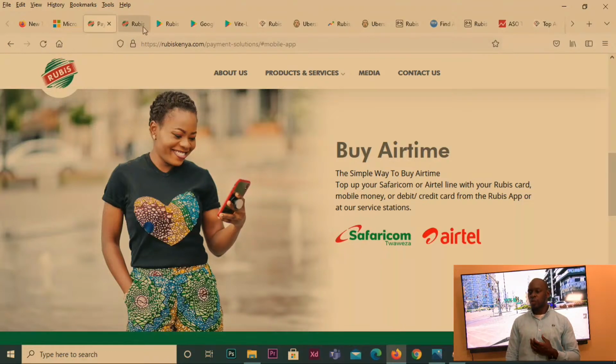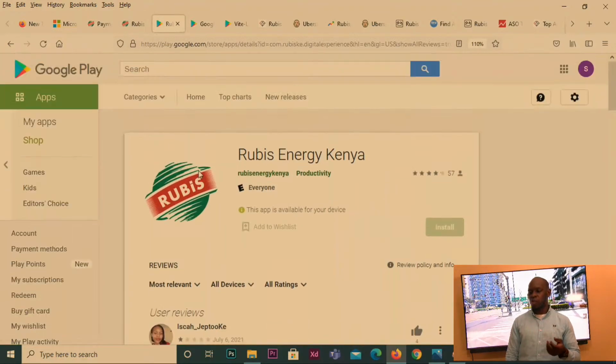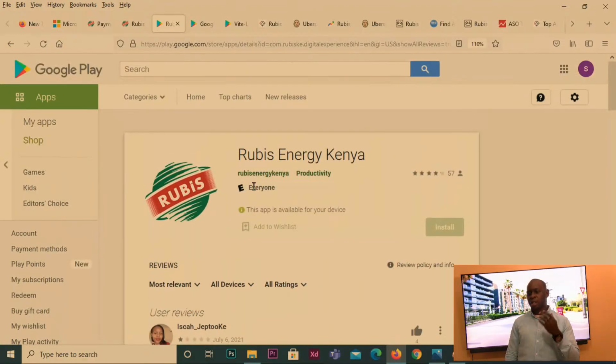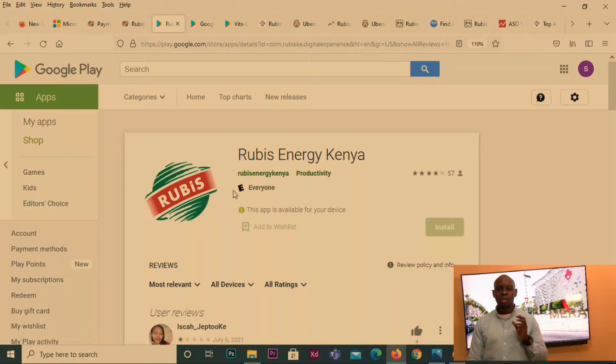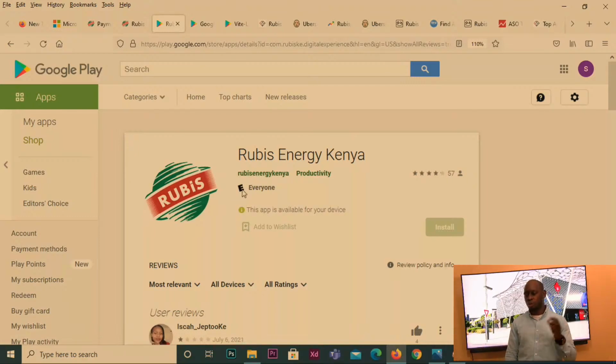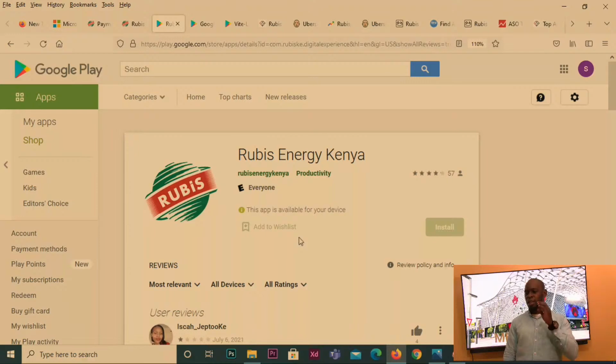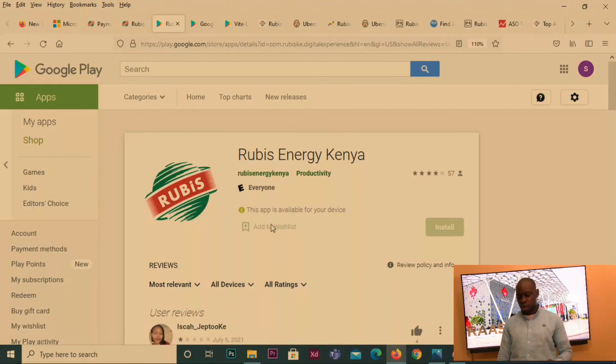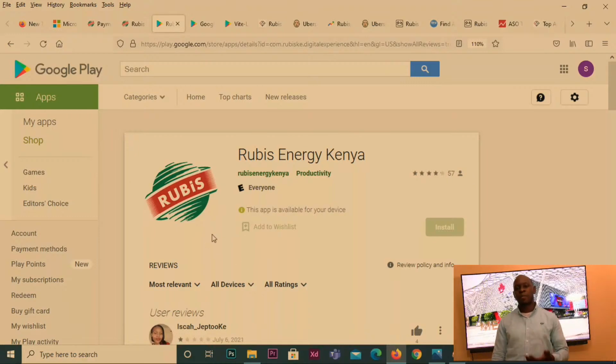So first of all, we'll go to the Play Store and we'll look at various things. Under Play Store, you'll see that they are rated, and rating is the first thing that, as an app, you need to improve. As they market, you know that right now Rubis is doing above and below the line